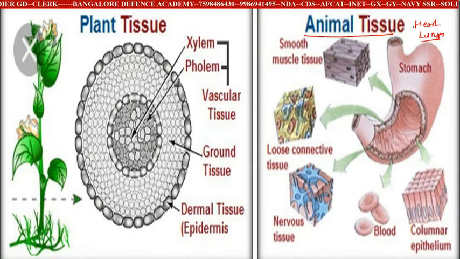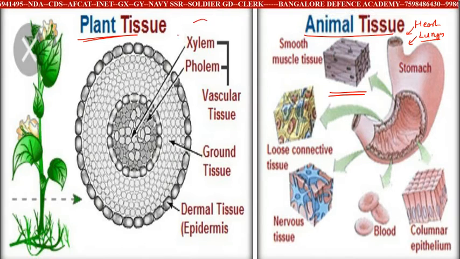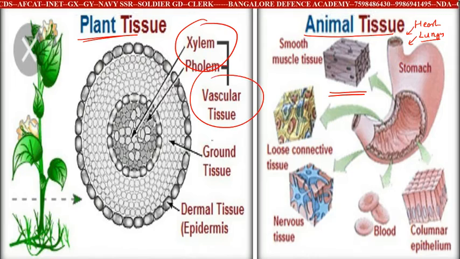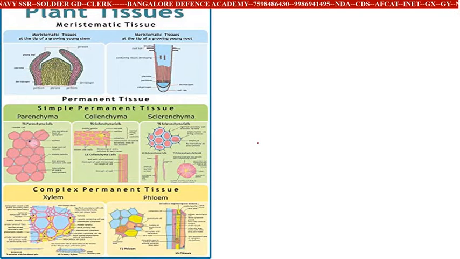Okay, so many types of organs are there. In every organ there are different kinds of cells situated. That is what animal cell or animal tissue is all about. When it comes to plant cell or plant tissue, the important parts here are xylem, phloem, etc. Okay, so let us try to understand these tissues in detail.